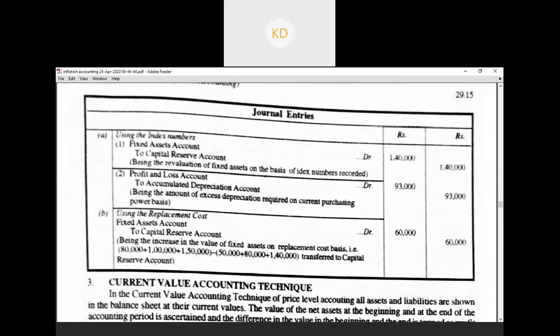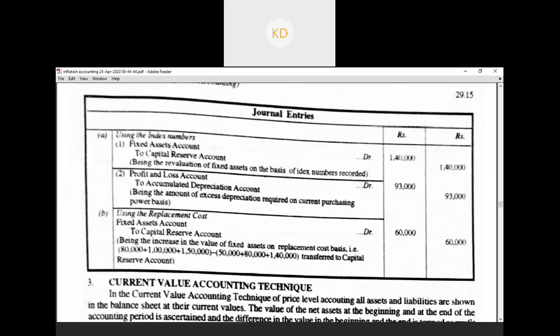These are my historical cost. So, the excess of replacement value over my historical cost is directly transferred to my capital reserve account. There are two ways; different people use different ways for their replacement reserve account. Either I go the right way of using index numbers. It means I'm using the index numbers which are there in my replacement cost accounting.